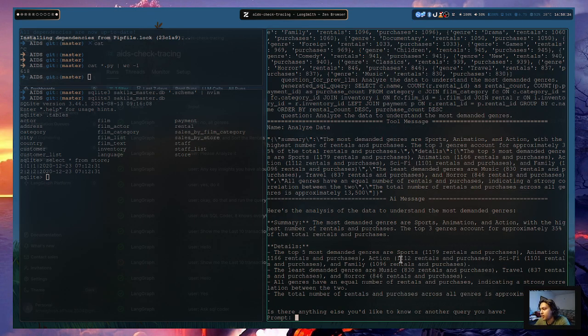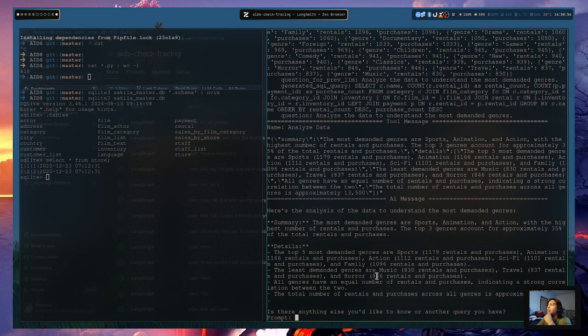And okay, let's see here the answers or data to understand the most demanded genres. Summary: the most demanded genres are sports, animation, and action, with the highest amount of rentals. Which means that people love movies about sports. Then animation, obviously, we like Disney movies, DreamWorks movies, and then action, war, or maybe some other movie like that.